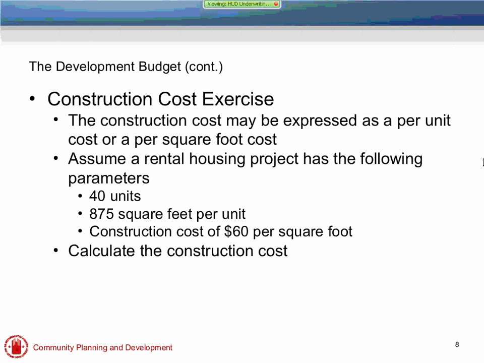Since everybody's on mute, for all of these exercises I'm just going to give you a few minutes to do the calculation, and then we'll talk through it. And if you have questions about the calculations, we can talk about that as well. So everybody just take about 30 seconds to go through this, and we'll talk about it.